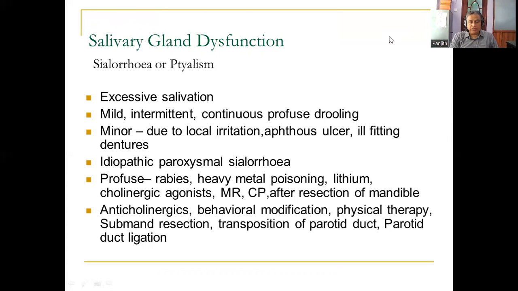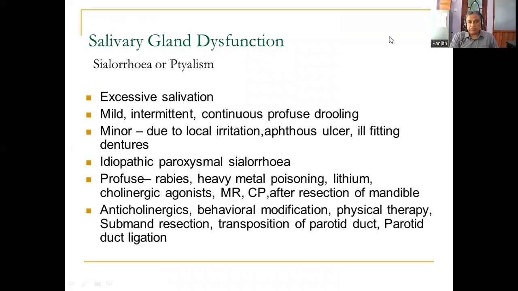So how do you treat it? Drug-wise, you can start some anticholinergic medications, behavioral modification, physical therapy, or submandibular resection. Sometimes the whole gland is removed, especially in mental retardation or cerebral palsy with continuous drooling. Sometimes we do what is known as a transposition of the